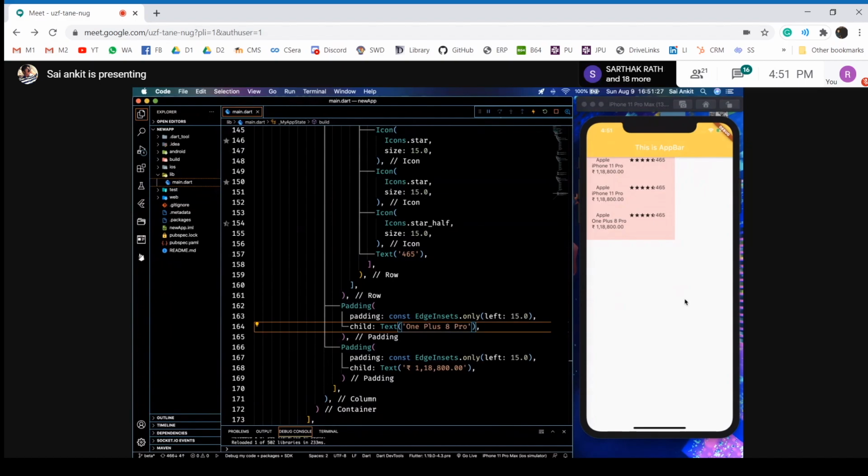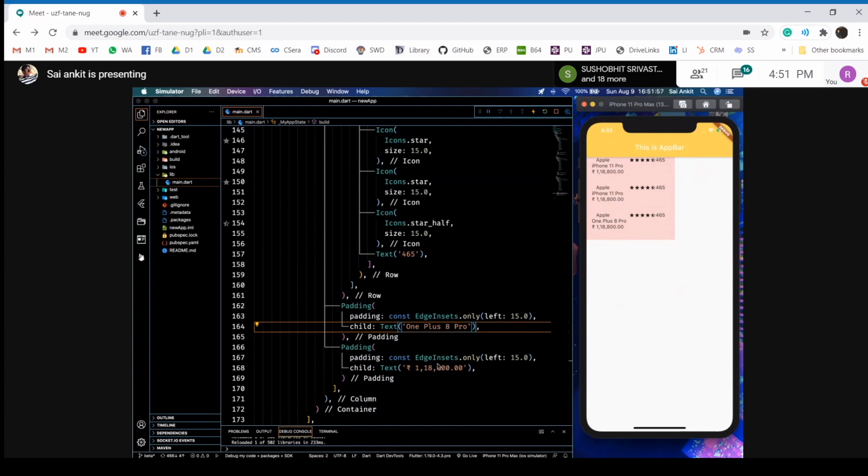This is not actually what happens in the real world scenario. You write down a single card widget. This is known as something like a card, okay? You write a single card widget with something to be the seller name, the name of the product, the rate, the ratings. And every data comes from the database that we have discussed in the last session. There's something called database, a back end, and a front end, right? So when you go deep into this stuff, you get to connect your app to the backend and it pulls the data from the backend.